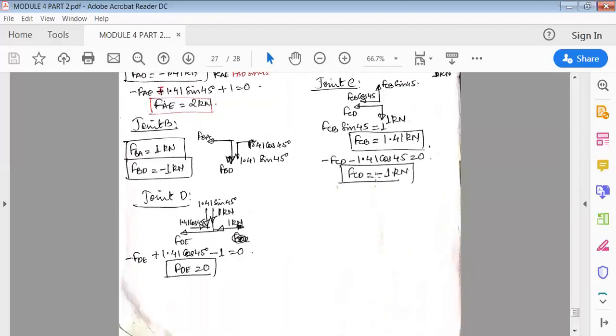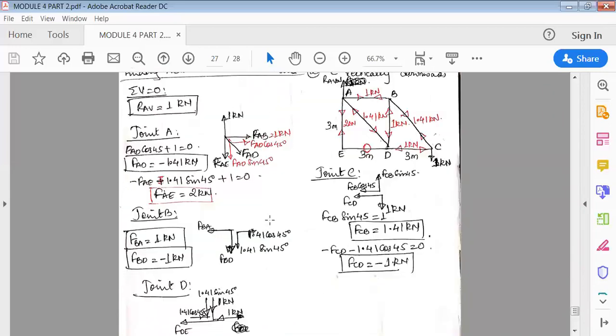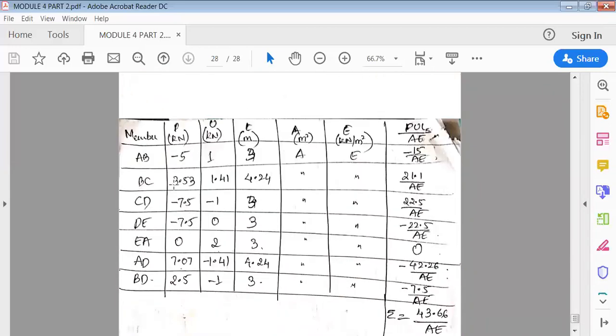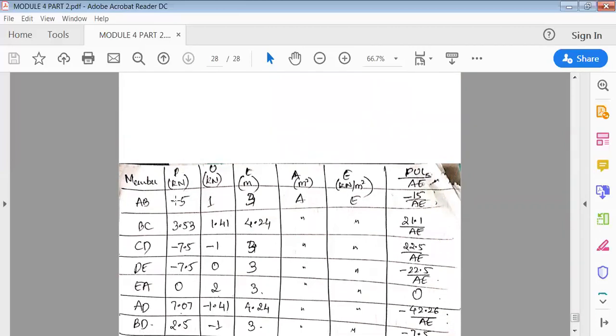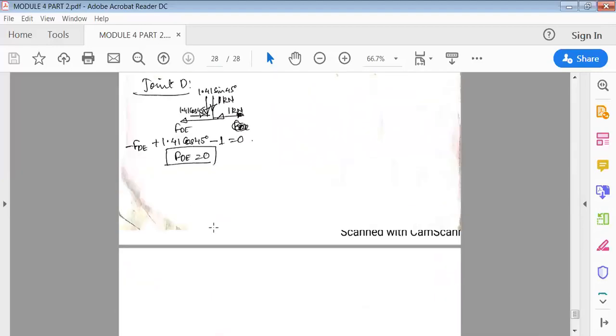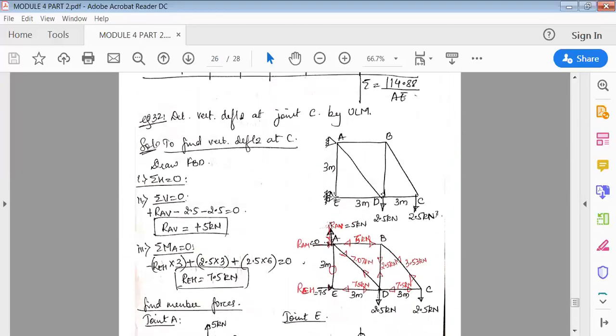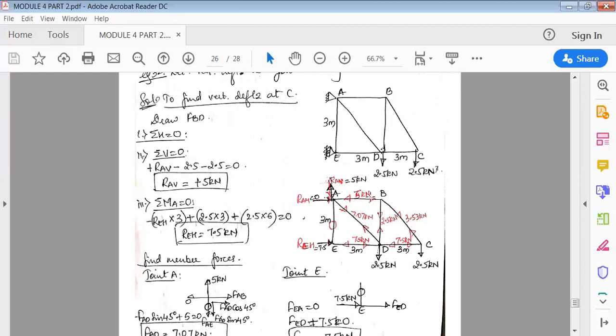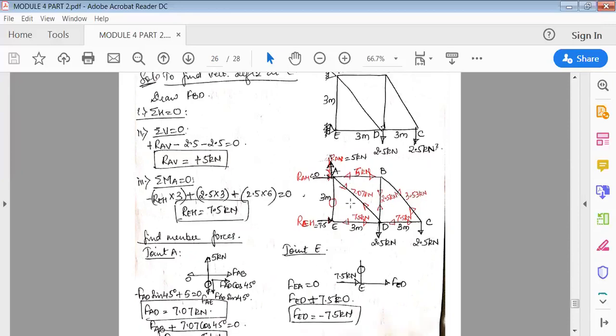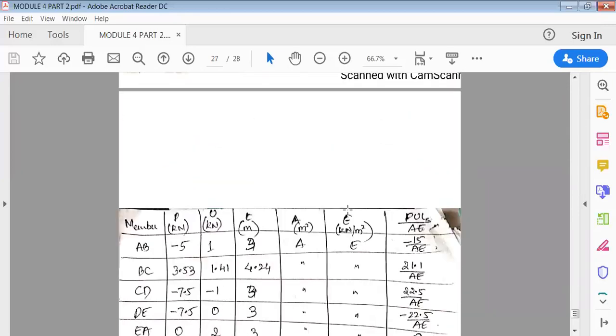So once you find the forces in all the members by using method of joints, then put it in the table and then find PUL over AE. So write all the members in the joint. Then P is the original external force acting in the joints. So P is, you can see here, first in AB member because of the external load. So in AB member, how much is it? 5 kilonewton. Okay, 5. And that too, it is acting towards the point. That means minus 5. Okay, so you have to show here minus 5.